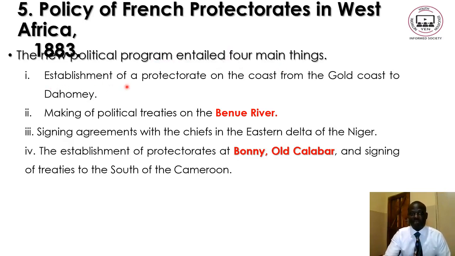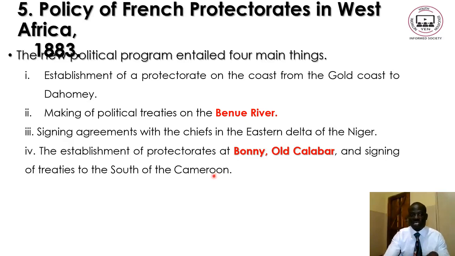Number one, establishment of a protectorate on the coast from the Gold Coast to Dahomey, and making political treaties on the Benue River, and also signing agreements with the chiefs in the eastern delta of the Niger. Also, the establishment of protectorates at Bonny and Old Calabar, and signing of treaties to the south of Cameroon.